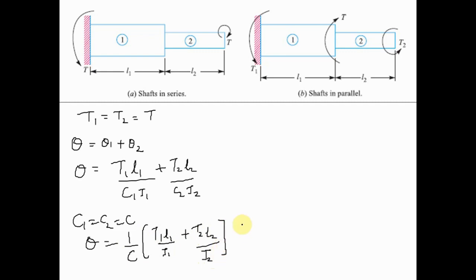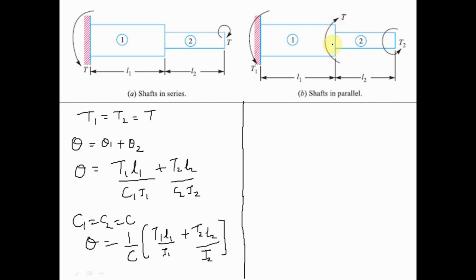Now when we talk in terms of shafts in parallel, let me draw one line. So now let's discuss what shafts in parallel are. Shafts in parallel means the driving torque is applied at the junction of two shafts. Wherever the two shafts are meeting, there the torque is applied. It is not applied at one of the ends, it is applied where the junction or the meeting point between the individual shafts is. When we apply a torque at that location, the system is known as shafts in parallel.